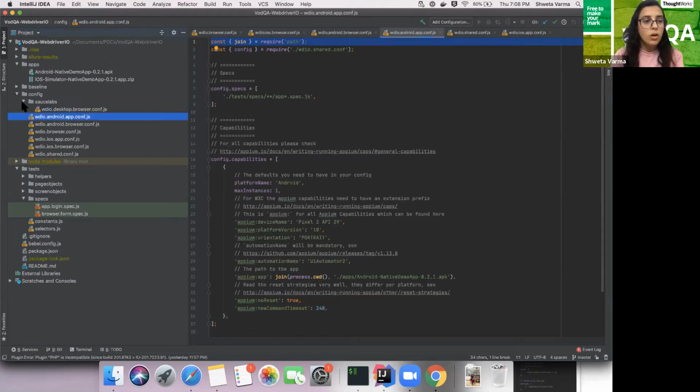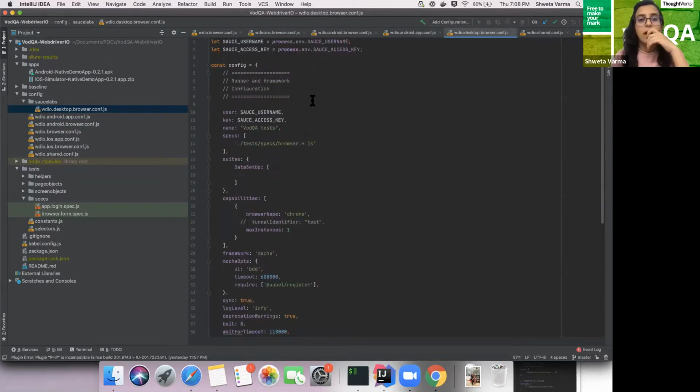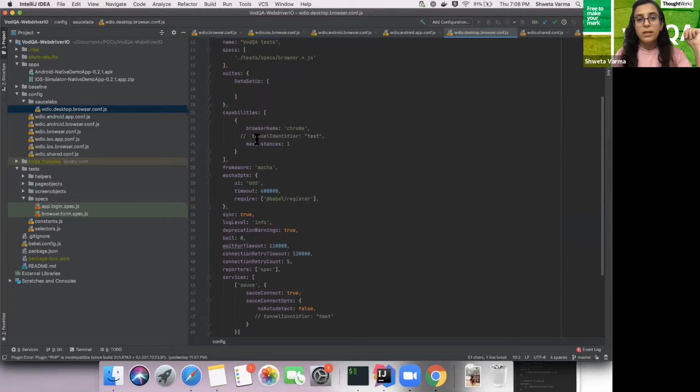And also there is Sauce Labs. In Sauce Labs, you have to give some access keys so that when WebdriverIO tries to interact with Sauce Labs, it knows where exactly to go and that I have all the required permissions. Again, in this also we have to define the capabilities.